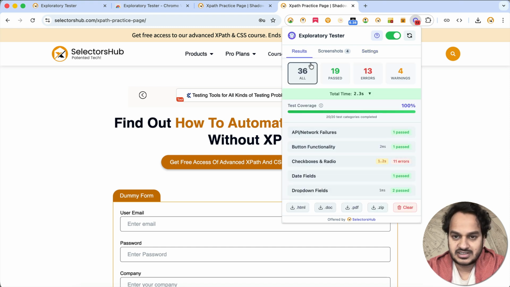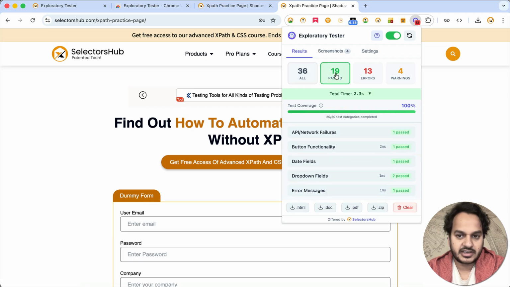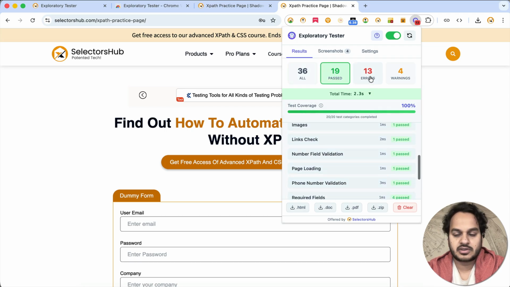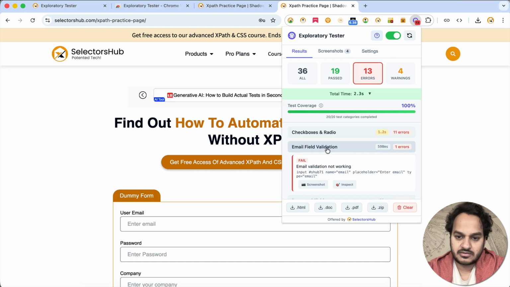So here you see the results, screenshot, settings. All 36 test cases have been covered: 19 pass, 13 error, 4 warnings. It has a filter. If you click on 19, it will show all the passed test cases. If you click on 13, it will show only the errors like checkbox, radio button, email field validation, password input validation. If you click on email validation not working,